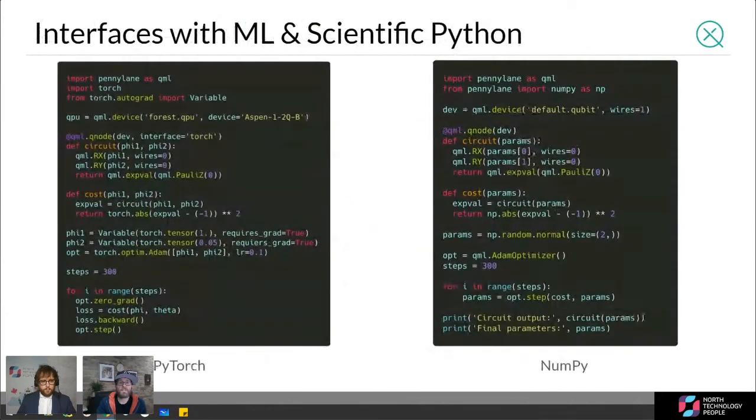And then, for example, you can see here where I've just taken the toy example we just went through in PyTorch and converted it to NumPy. There's very little difference, right? On the right, you're using a simulator device rather than the forced QPU. But if you ignore that little minor difference, you'll see that the circuit setup and definition is the same, with the only difference being that boilerplate for each of these.